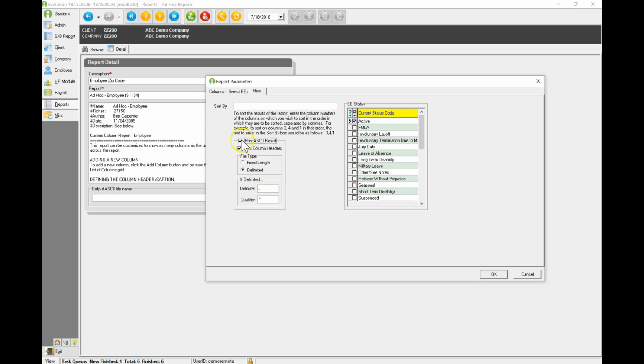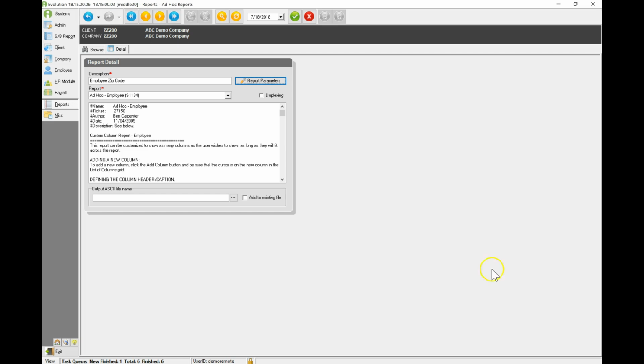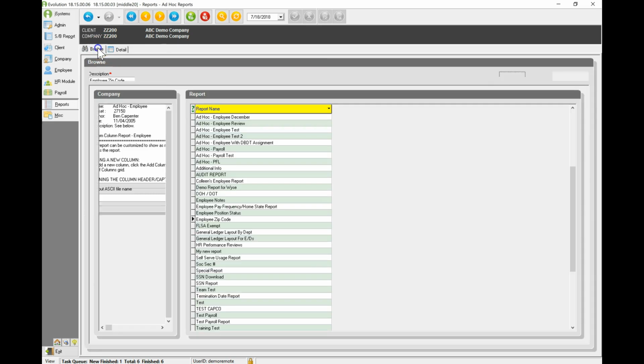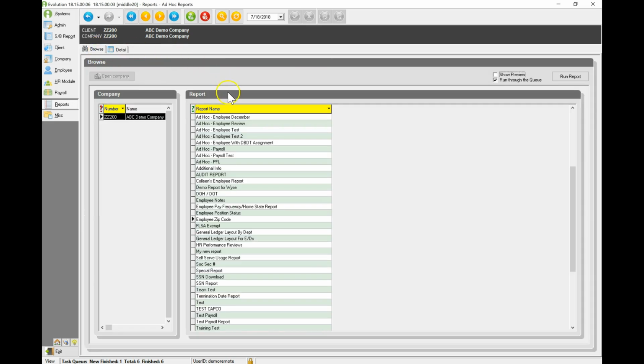I'm going to go ahead and make this a paper report, so I will uncheck my box and I'm going to click OK. This will take me back to my Detail tab, and my green check mark is lit, so I'll click on the green check and then the small green check. To run my report, I'm going to go to the Browse tab and I'm going to find my report that I've entered. So here is employee zip code,